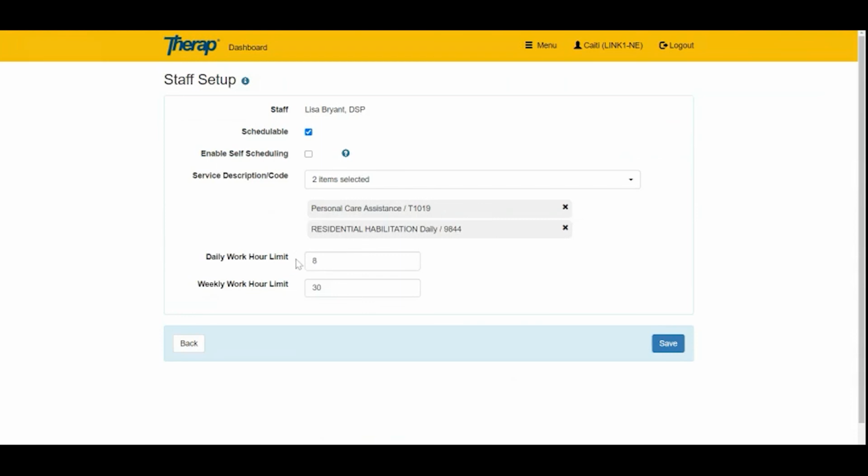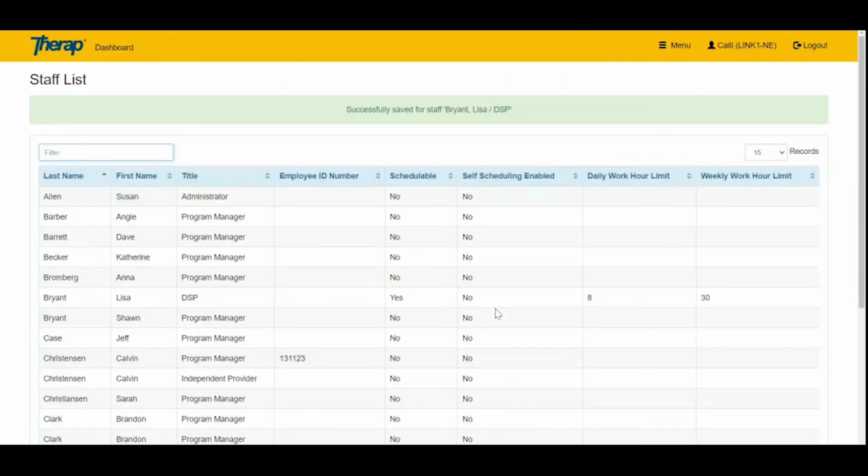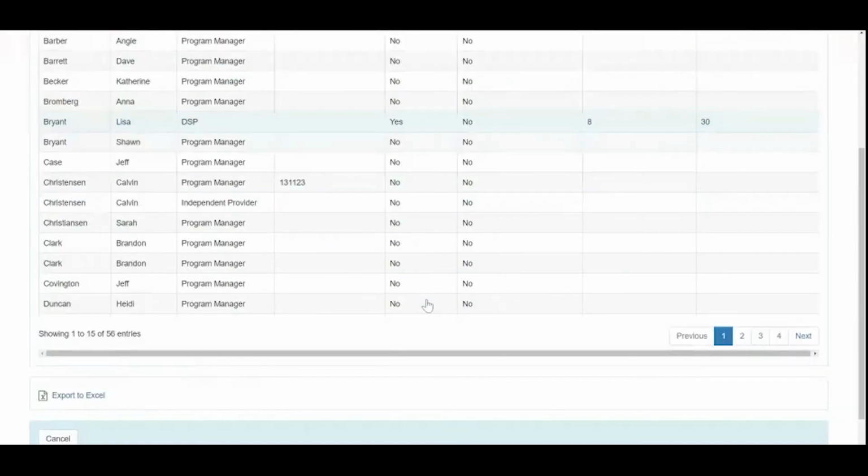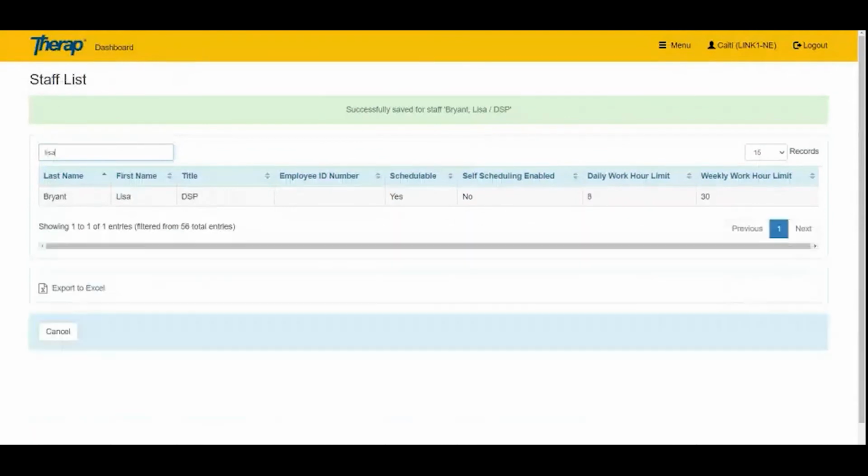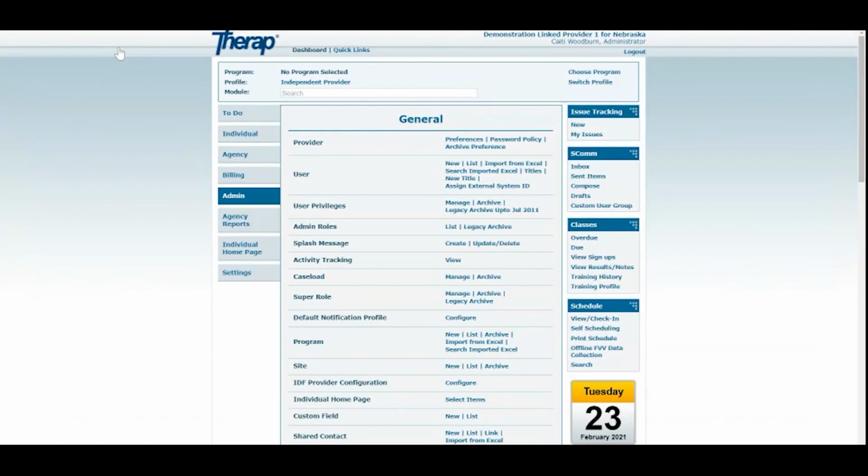There's no asterisk there. But once you've made the correct selections, you can go down to the bottom right-hand side and select Save. Okay. And now if we look at Lisa here, we can see that, yes, she is indicated as schedulable. Her daily and weekly work hour limits are outlined there. At this point, she is ready to be either scheduled in advance or use the self-check-in feature